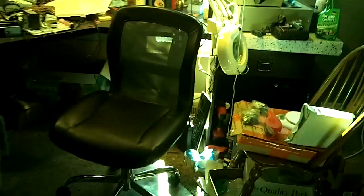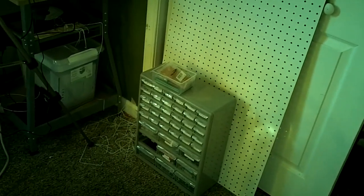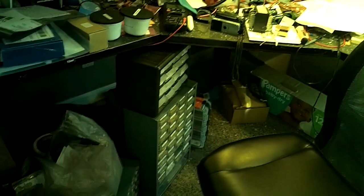Now the cabinets are there. Let's see if I can get around here and look at them a little bit better. You can see there, the cabinets. They were over here, along with that, and everyone has been moved over to here, except for that one. So,